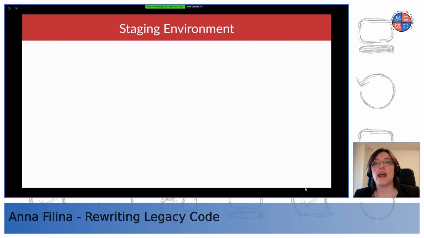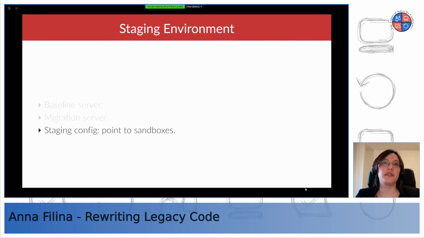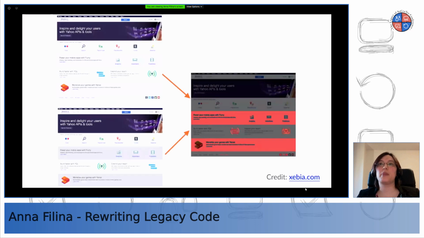Make sure they are sent to a very specific mailbox, and you can actually inspect the results. For your staging environment, basically the same setup as locally. You have a baseline server, you have a migration server. If you have any configuration in your staging, point it to sandboxes so that you don't make actual credit card charges, so everything has to go to sandbox. And then you can compare things by running something like Cypress.